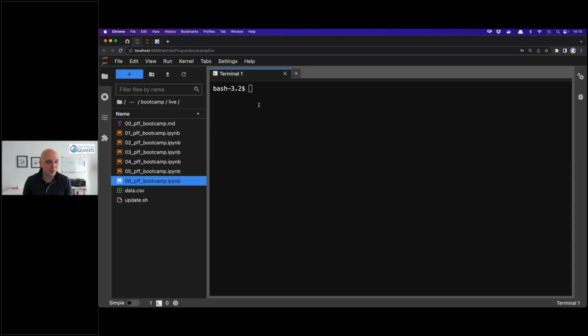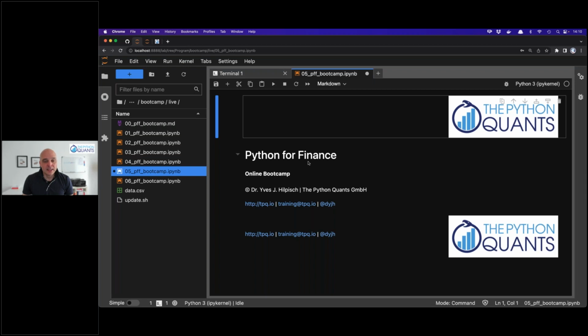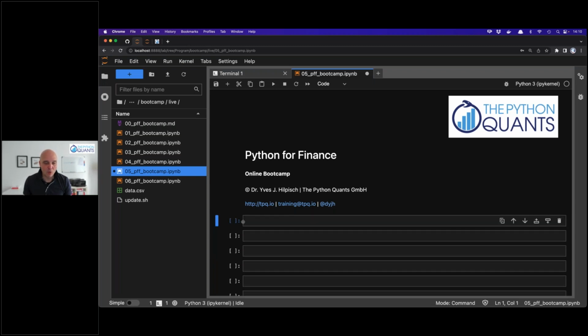So going to one of my Jupyter Lab installations now, I'm simply using my local one, but you've seen setting up an infrastructure within a Docker container, setting up an infrastructure on a remote cloud server. It's not that involved with the packages and the package managers that we have available these days, like Miniconda, which comes with Conda. This is usually a pretty efficient affair. So Python for Finance, online bootcamp here, clean slate,